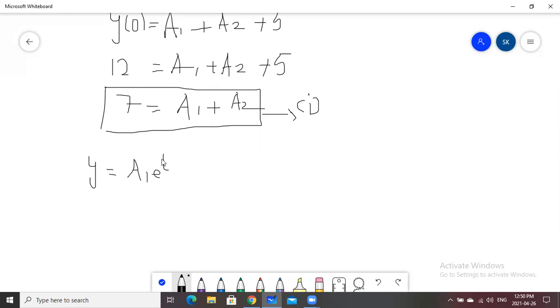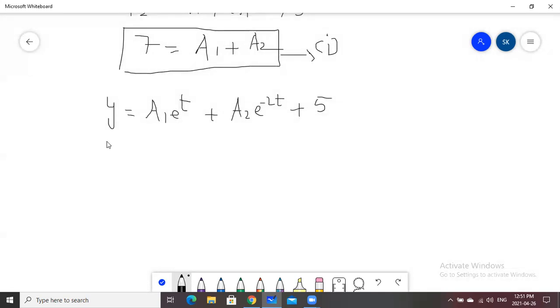Now we have to take the first order derivative, y prime of t is equal to,